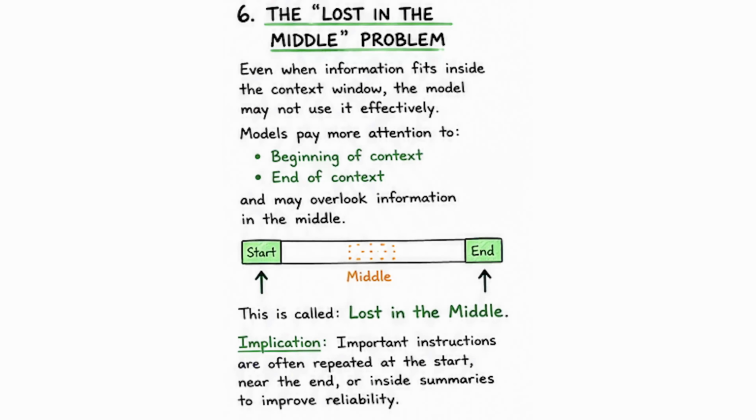And there's a very important insight that researchers who are researching these large language models have found: the beginning of the context and the end of the context, those tokens are more emphasized by the large language models. They pay more attention to them. I'll explain what attention is in a large language model in the upcoming submodules. So this problem is called lost in the middle. And remember this fact,